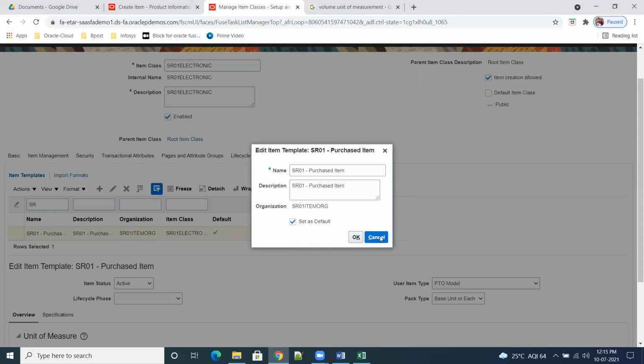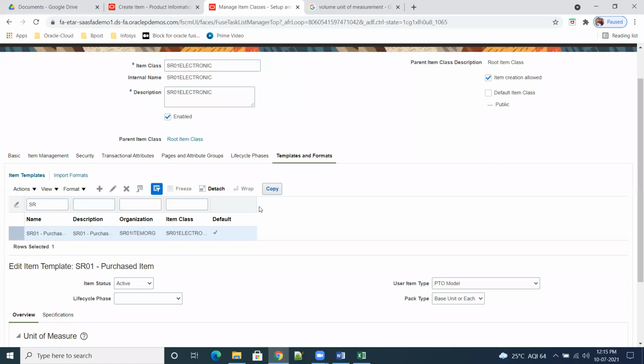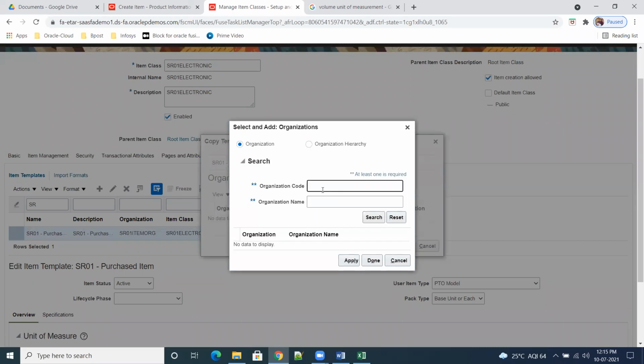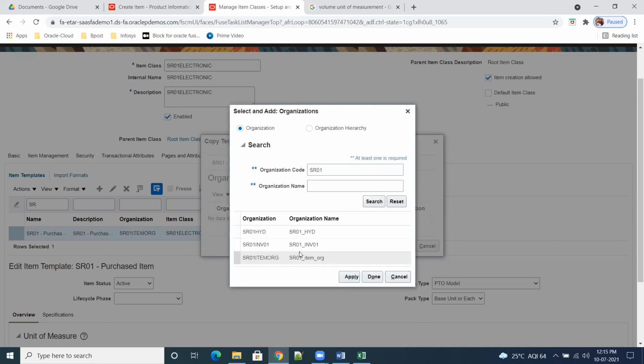So our org is different, right? IOM. Yes. Select this, make a copy, click on add. That is why the template is not defaulting there. Click on search. Oh, that is also the reason UOMs are not coming.